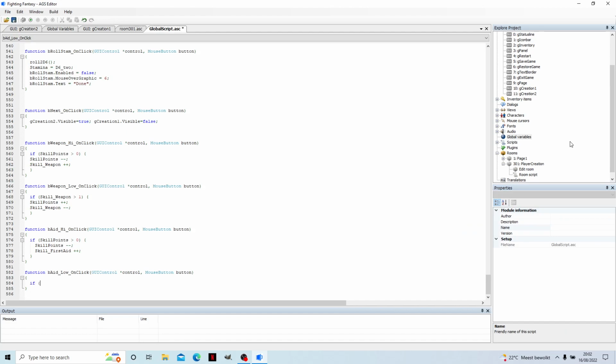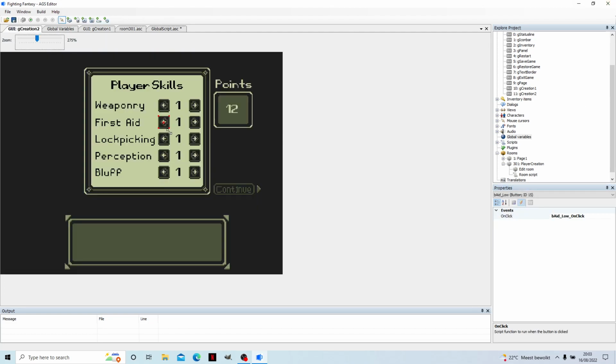So if skill underscore first aid is greater than 1, skill points plus plus, skill underscore first aid minus minus. We'll do the next skill,